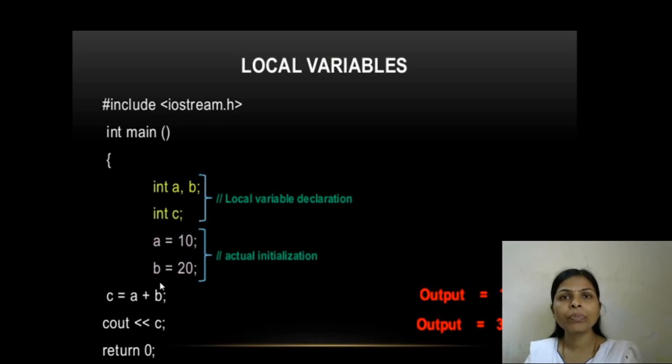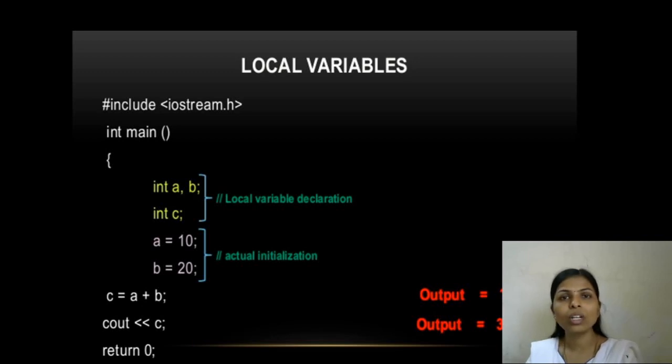Now in this program I have given values directly to the A and B variables. Instead of the keyboard, we have directly added the number 10 and the value 20 to A and B. So the value of A is equal to 10 and the value of B is equal to 20. The addition of A plus B will be stored in the variable C. The value is 30, so 30 will be stored in the C variable.